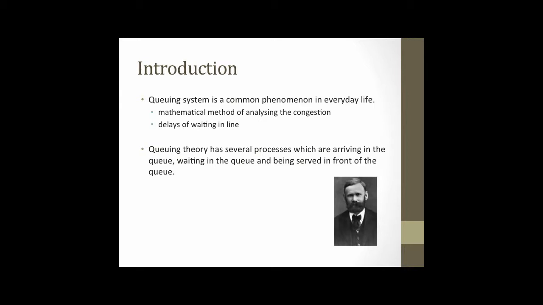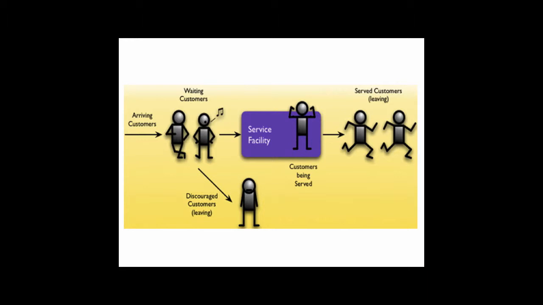The calling population can be either limited or unlimited. The arrival process describes how customers arrive at a system. The second stage is where the customers wait in the queue for service. There are some disciplines of a queuing system that servers use to choose the next customer from the queue when the server completes the service of the current customer, such as